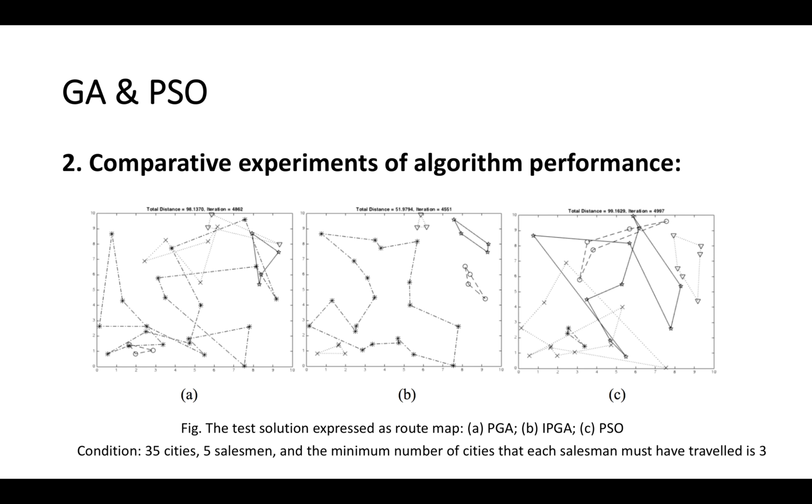In the last experiment, I studied how the number of salesmen and the number of cities will affect the solution. It can be found that a bigger number of salesmen does not necessarily generate a better solution. So, for a multiple traveling salesman problem with given number of cities, we can determine an appropriate number of salesmen combining with other factors.